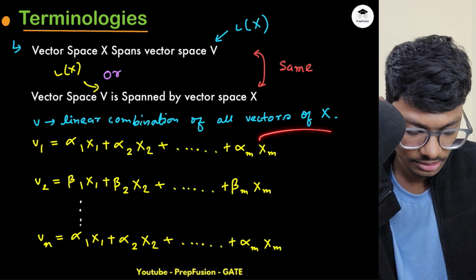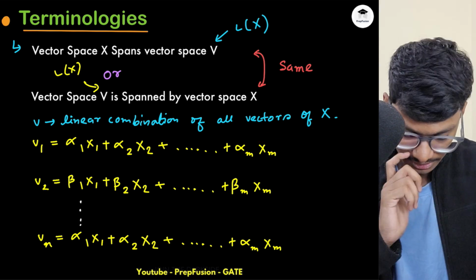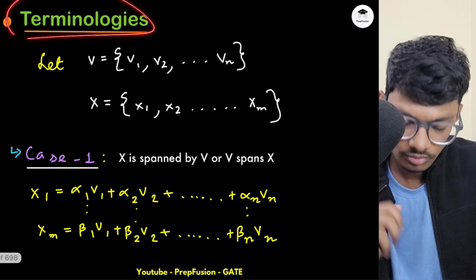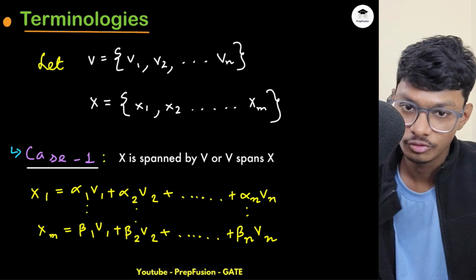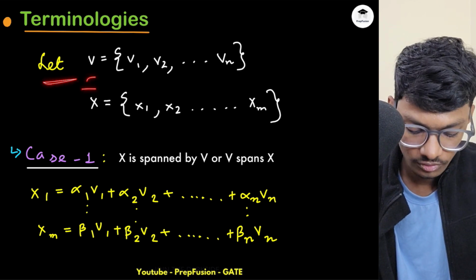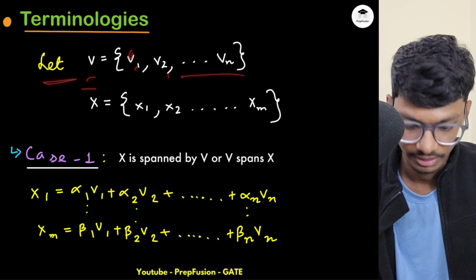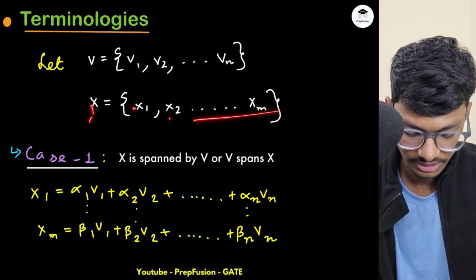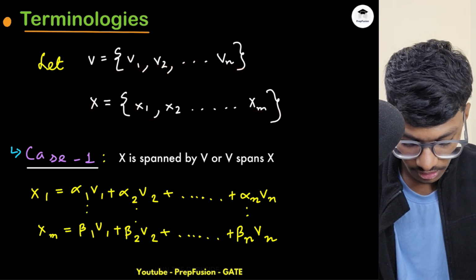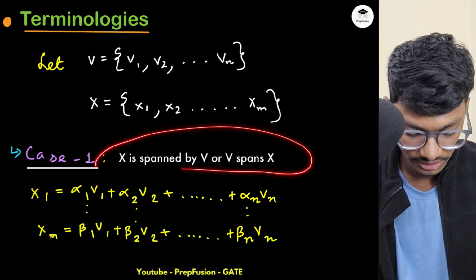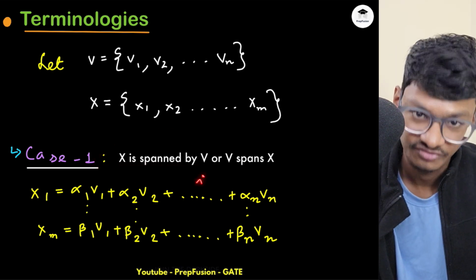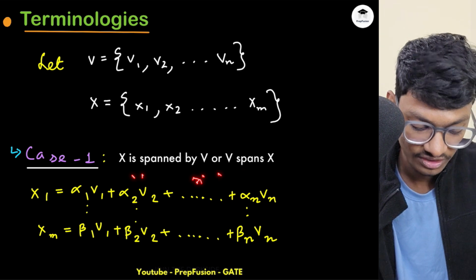Okay, V is a linear combination of all vectors of X. So let's now understand a few terminologies. Let V equal V1, V2, ..., Vn, and X equal X1, X2, ..., Xm. If they say X is spanned by V, or V spans X,